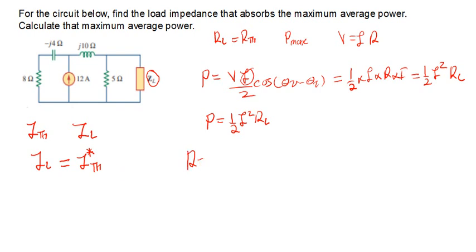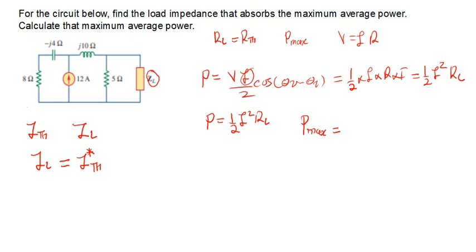Right. Then what about, I think from what I've talked about, we are able to come up with the Thevenin impedance, which is going to give us the load impedance. Now we can talk about how we calculate the maximum average power that we are looking for. So the formula that we are going to be using for P max, or maximum average power transfer, is going to be equal to